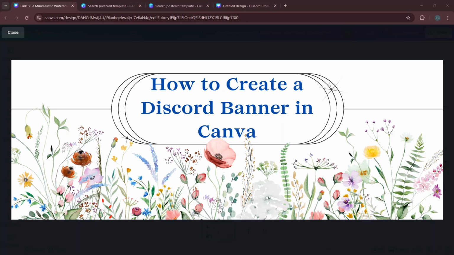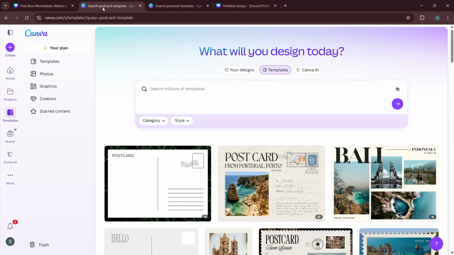In today's video, I'm going to teach you how to create a Discord banner in Canva. Before we open Canva, let's quickly cover the right sizes so your design looks perfect where it matters. For a server banner, use 960 by 540 pixels, which follows a 16:9 ratio and sits at the top of